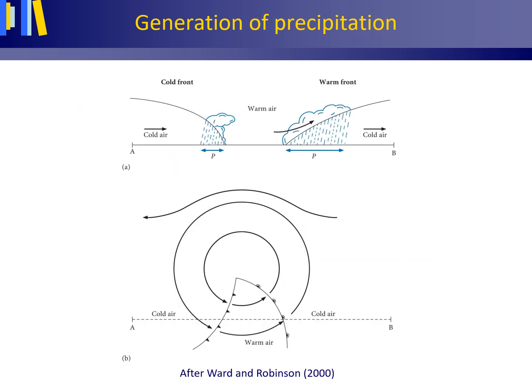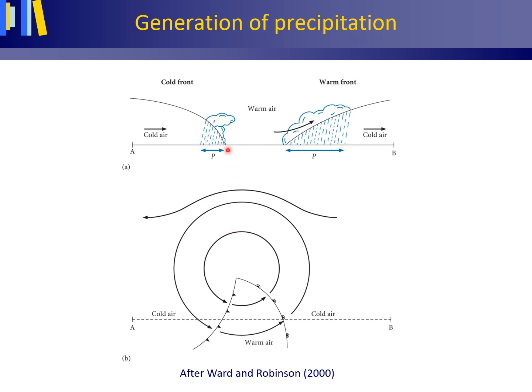When cold and warm air masses meet, frontal precipitation is formed. We have a cold front to the left and a warm front to the right. And we have it in side view here, and we have it in plan view here. And you can see from this plan view that the cold front and the warm front are part of an anti-clockwise movement, a cyclonic movement, the movement around a low pressure area on the northern hemisphere.